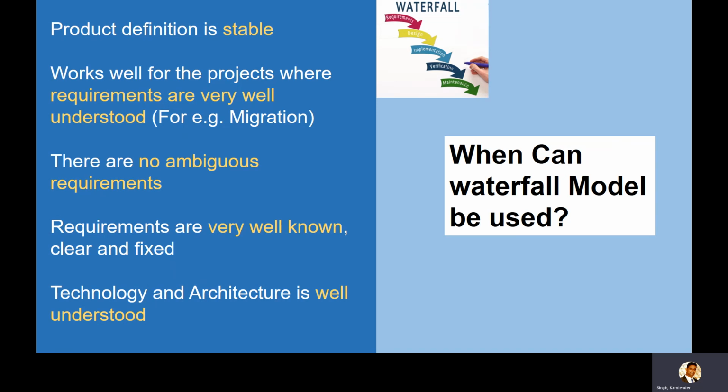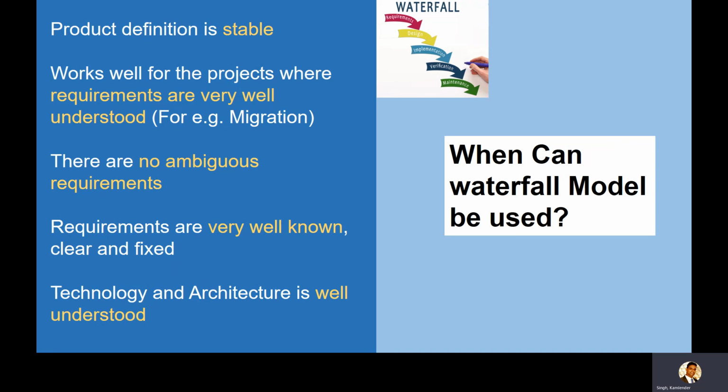Of course, agile can be a little better because we'll start producing it. But at the end of the day, if the customer's requirement is that, no, until complete migration of mainframe to Java is done, nothing can be done in production. So such systems, there are no ambiguous requirements. We have talked about it. Upfront, we know all the requirements.